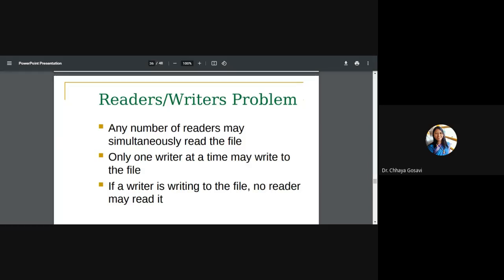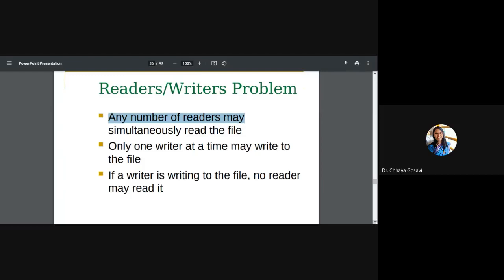As the name says, reader-writer, so we have many readers and many writers at a time. Any number of readers, but the idea here is the readers can share the data, meaning many readers at a time can simultaneously read a file. In producer-consumer, if one was accessing the buffer, we did not allow another producer or another consumer to access it because it was mutually exclusive. Only one process, either producer or consumer, can access that buffer.